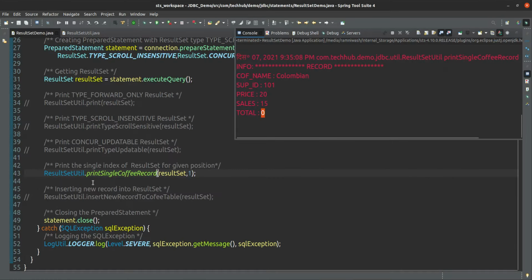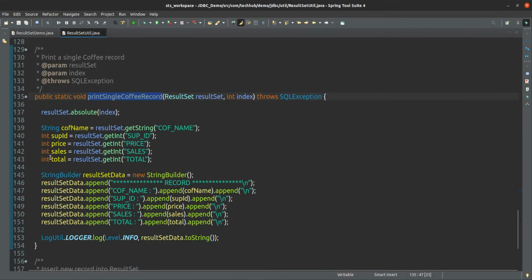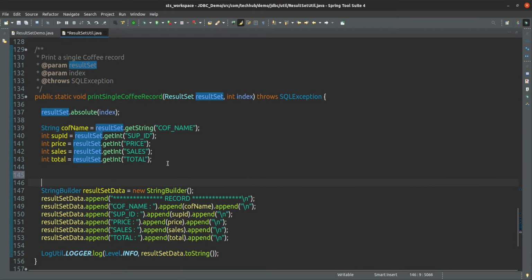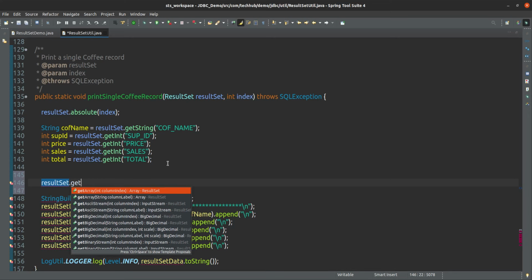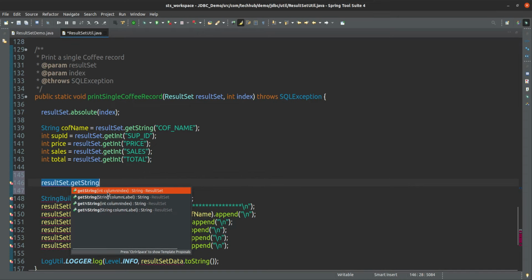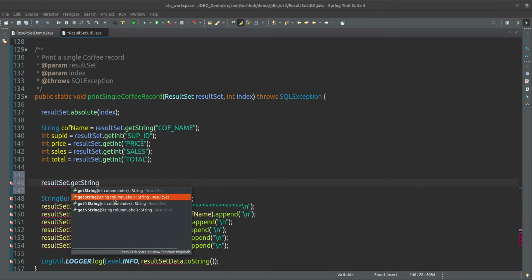So how can we get the individual value? We can get it this way: result set dot get string. In get string you have to give the column name, or sometimes you can give the column index also: 0, 1, 2, 3, 4. That is also fine. Here if you see, result set dot get string is available with integer and with string.